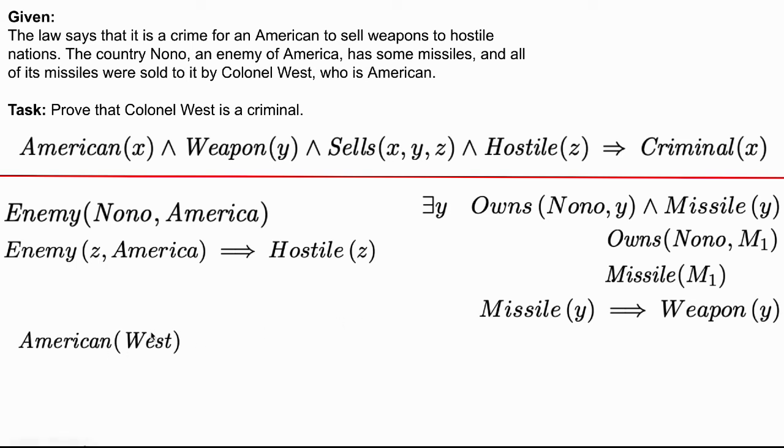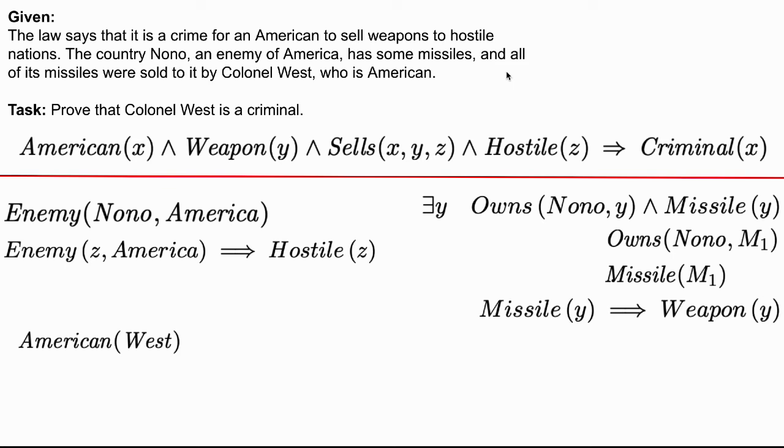Then we also know that West is an American, which is given to us: Colonel West is an American. Okay, so what do we have now? We have Hostile(Z), which means this has been satisfied. We have Weapon over here, so Weapon has also been satisfied. American(X), American(West), has also been specified, and what is remaining is this function Sells, and